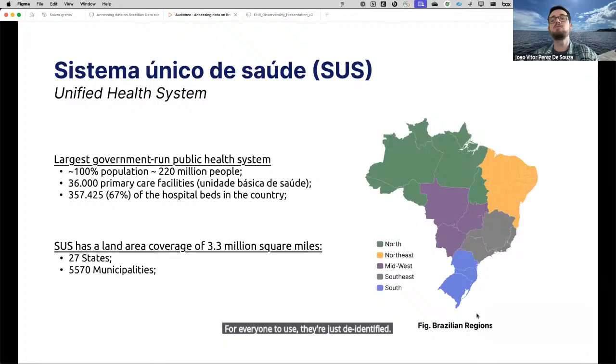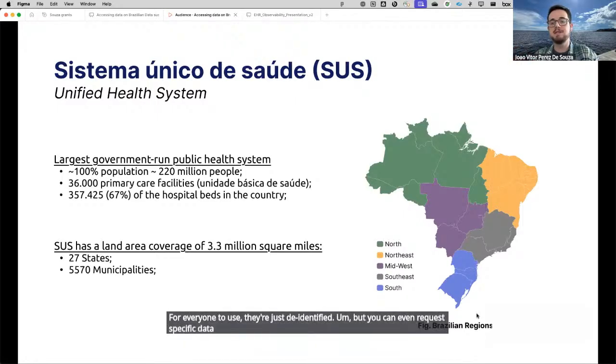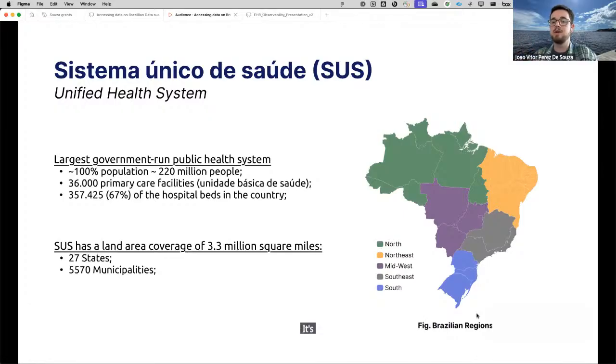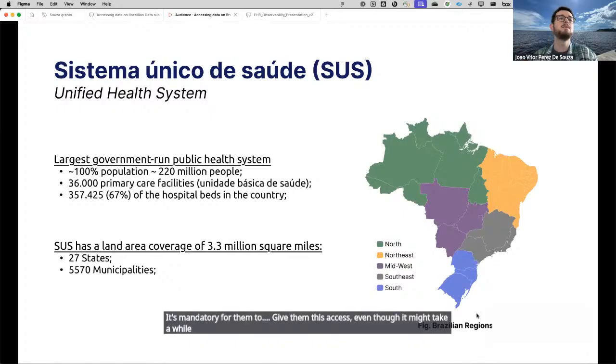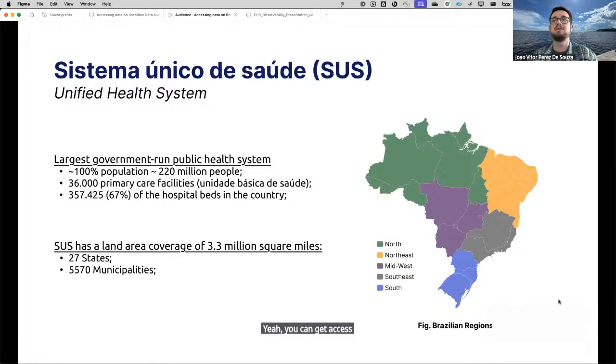But you can even request specific data points from government institutions, government officials, because there's this law. You can do this request, and it's mandatory for them to give you this access, even though it might take a while. There's a bunch of paperwork, but because of this policy, yeah, you can get access to different data sets than what actually is available.